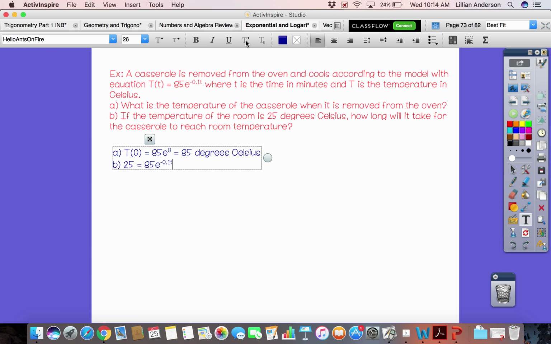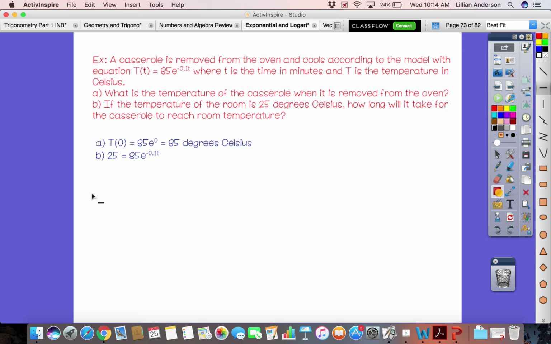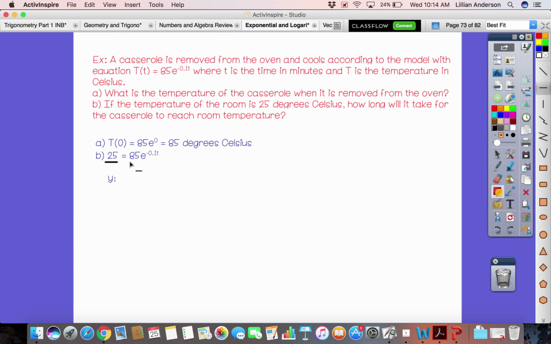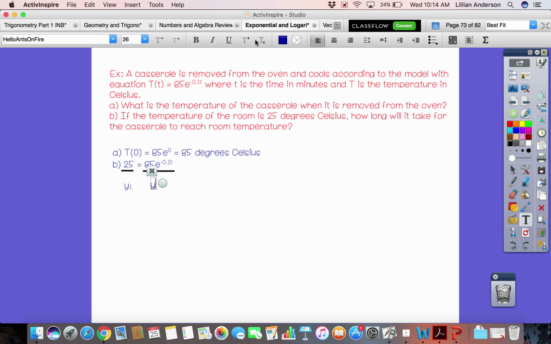Now, yes, we can solve this algebraically, by dividing both sides by 85 and taking the ln of both sides, just like we did in the last problem. But you can also do this using your calculator. So I'm going to take advantage of this example and refresh your memory on how you can do it using your calculator. Once you get to this point, you plug 25 into y1 in your graphing calculator. Then you plug the entire right side into y2, and you're looking to see where the two are going to equal each other,